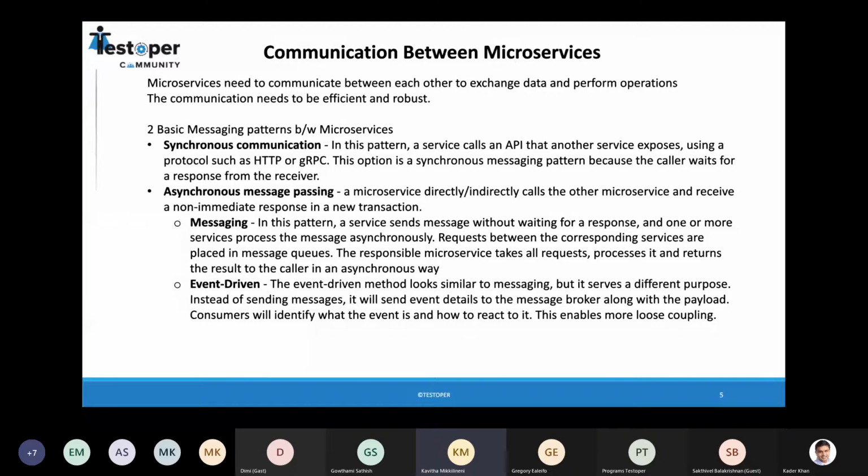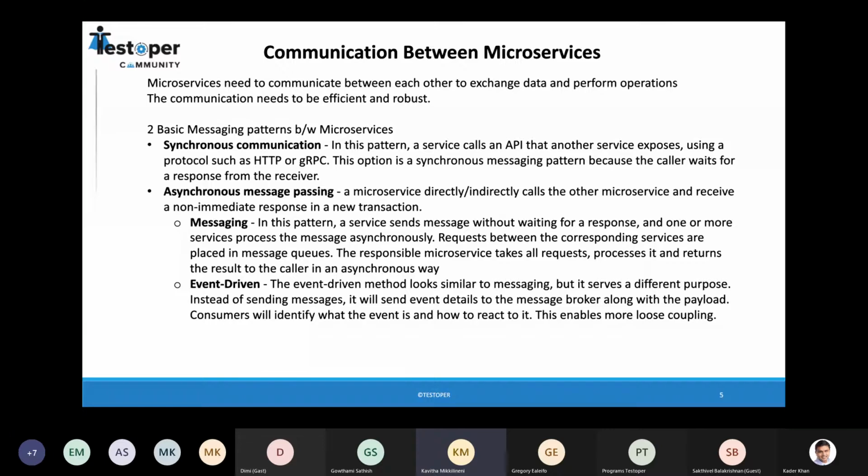So messages, like you post it into a message queue, and you don't have to wait for a response, and ensure that the message is posted into the queue, and the corresponding service which is going to be a consumer or waiting for your request will pick it up from the queue, and it'll then process it.